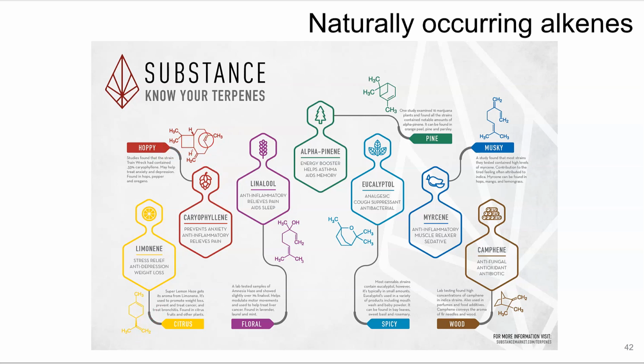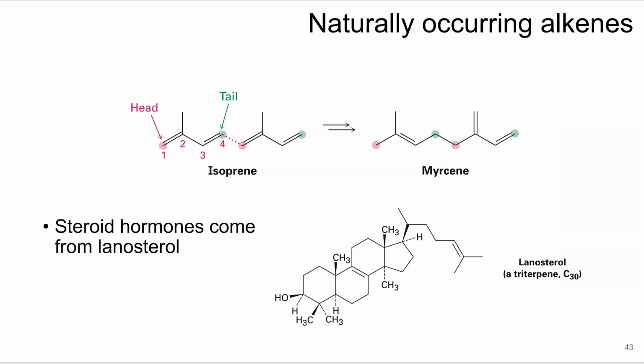Caryophyllene is a hoppy smell. There's two double bonds as well, and some extra things to the structure. Eucalyptol has a bicyclic ring. We have linalool. This musky myrcene smell has a different structure. And then you can see those there and see each of those descriptions, how people use these for essential oil or aromatherapy. So the reason that they're called terpenes is they come from this structure here,